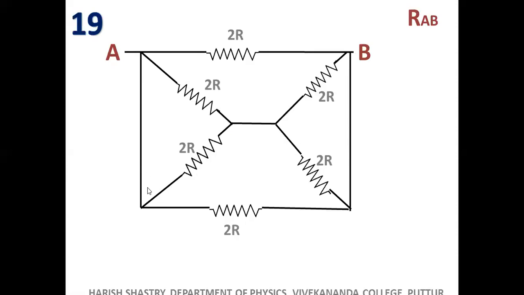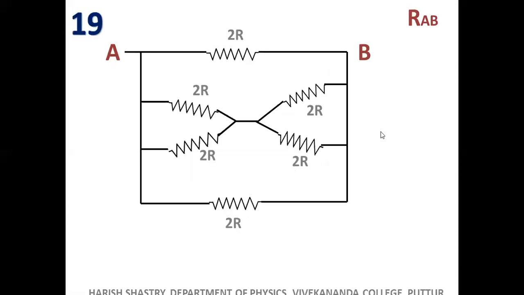So first of all, let us try to combine them together. This end is already combined. Why can't you combine these two ends? Here also, this end is already in a combination. What about these two ends connected by a wire? So can you combine this end also? So we will try to do that. Yes, you can do it. You can simply tilt this one down, and you can go on combining.